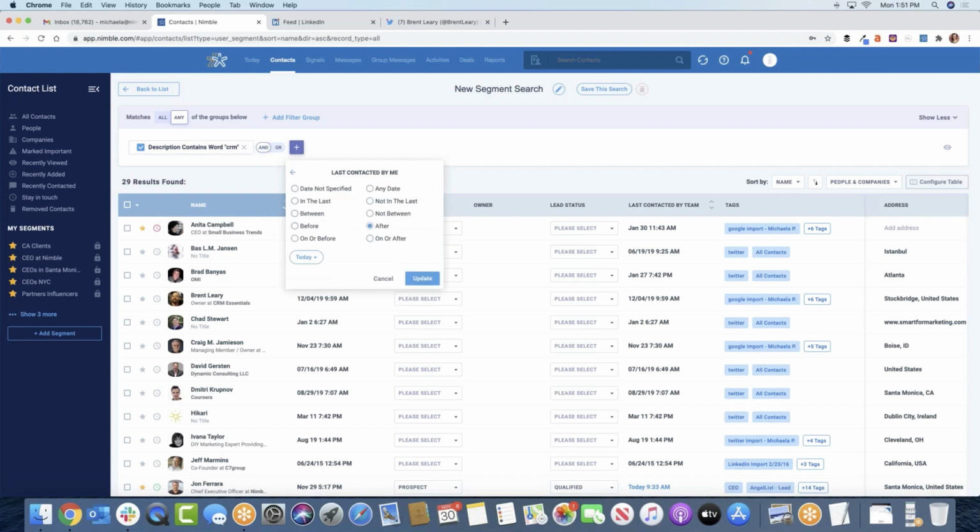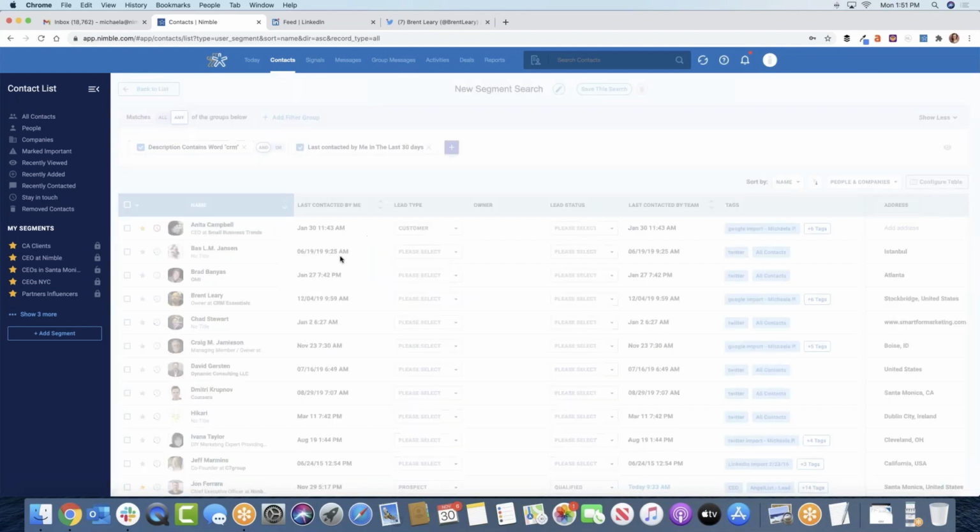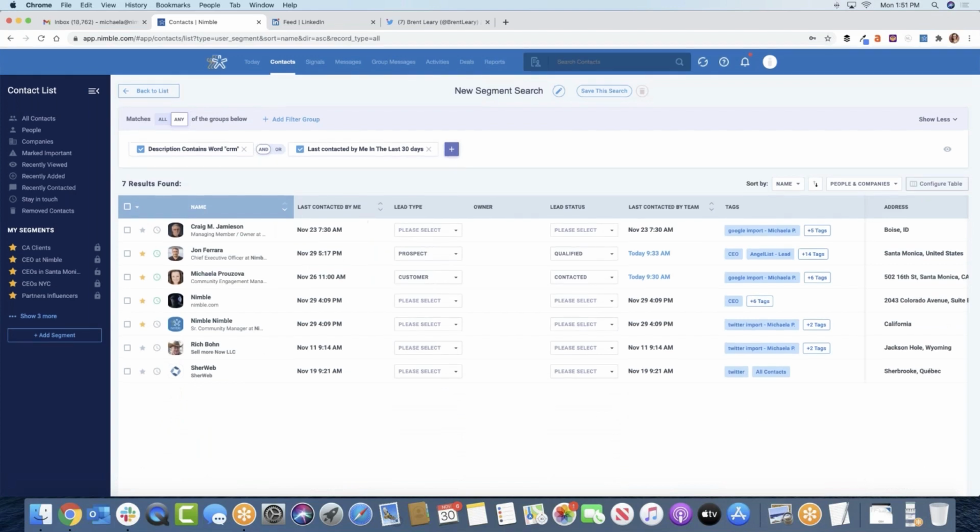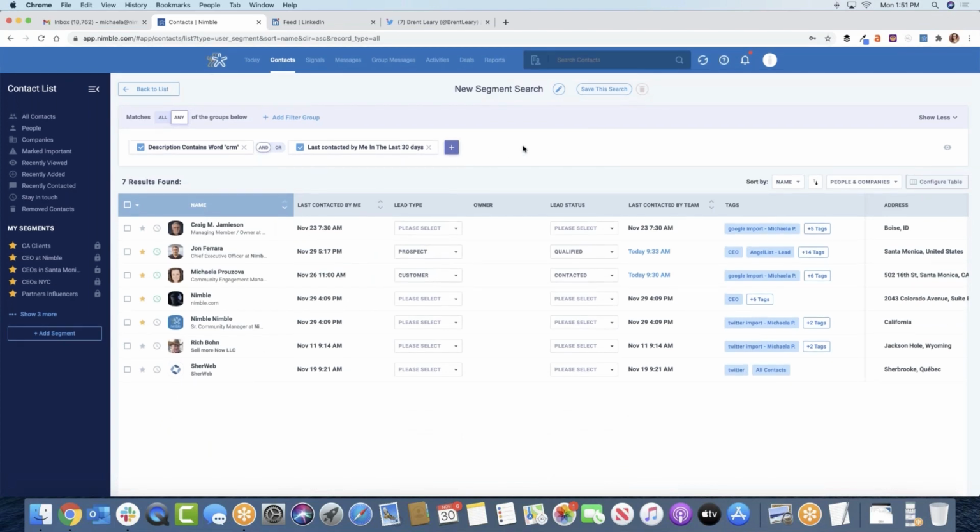So if you said that you just talked to the person on the phone, that's how we get the information. So you can do last contacted by me, and you can do in the last 30 days, and you really get the people that you have recently touched. So maybe you can even separate your outreach list into two groups. One email can be for people you have recently talked to, and the other one can go to people that maybe you haven't touched in a long time. So you can tailor it.